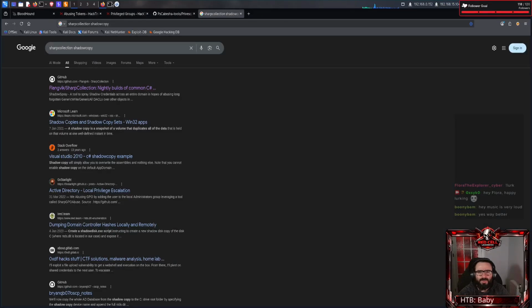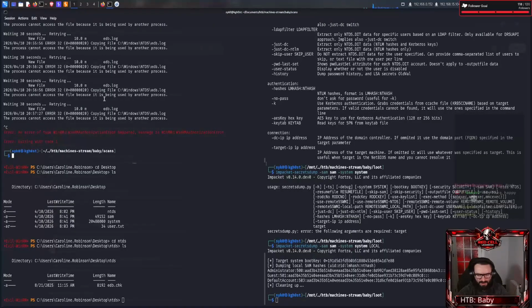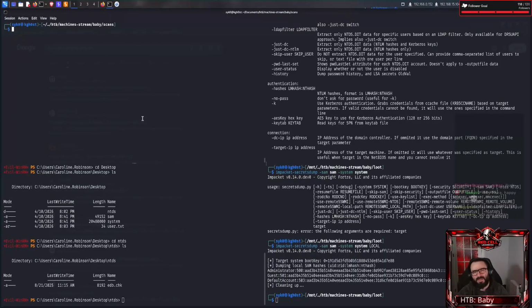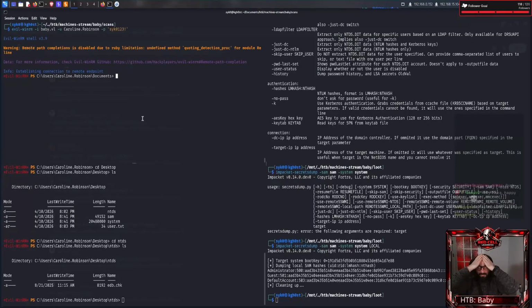Okay. We do need a shadow copy, and I've realized why. We need a shadow copy because robocopy won't copy if a file is already in use. So the idea is you create a shadow copy first, which allows the file to be in an unused state, so not locked by any other process, and that allows you to make a copy of that. So let's